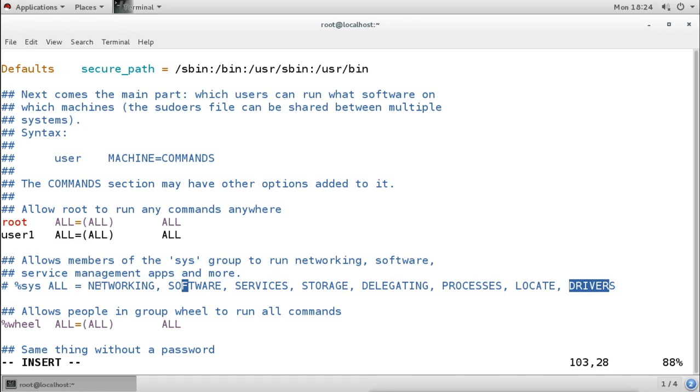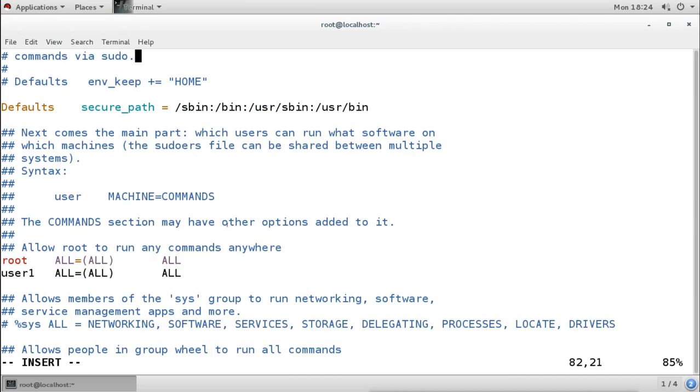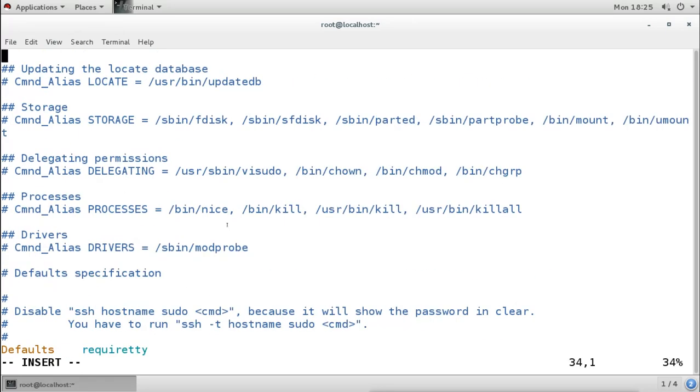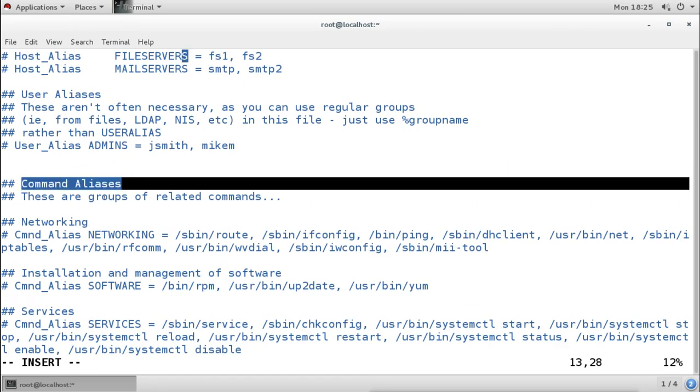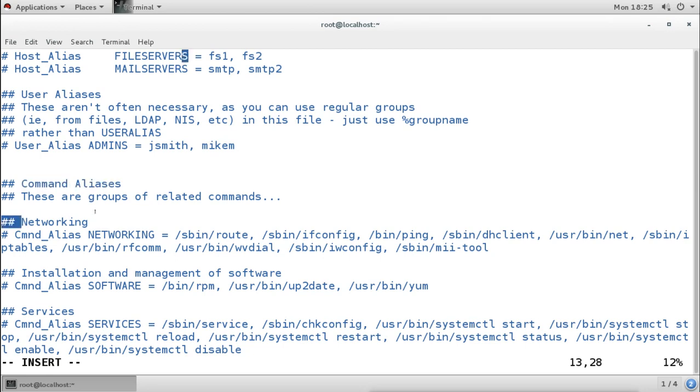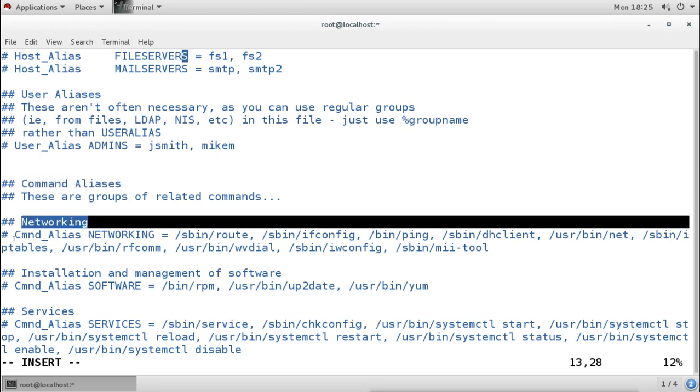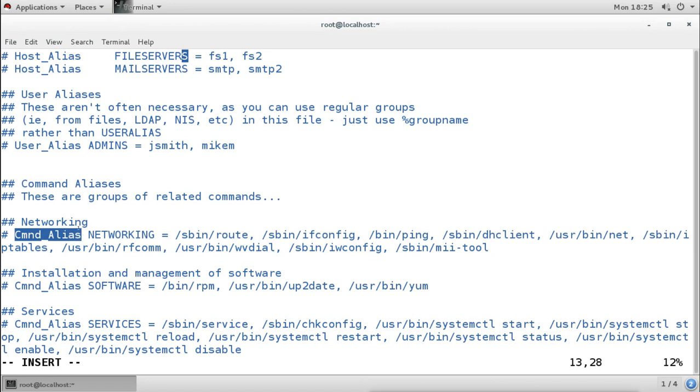Now what is the meaning of networking? If I give networking, then what commands can the user run? It is not showing here. It is up in this file. So when you go up, you will see the command aliases here. This is where the command aliases are created, for networking, and this is the command to create the alias.